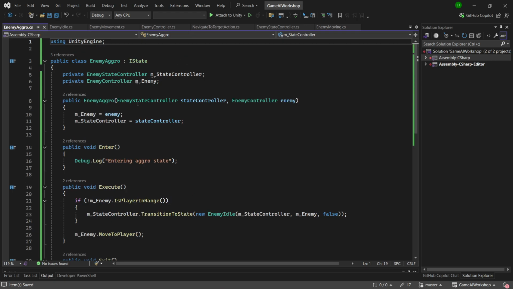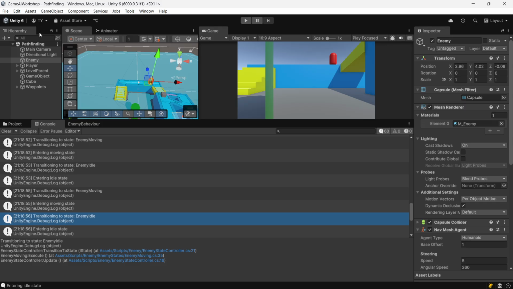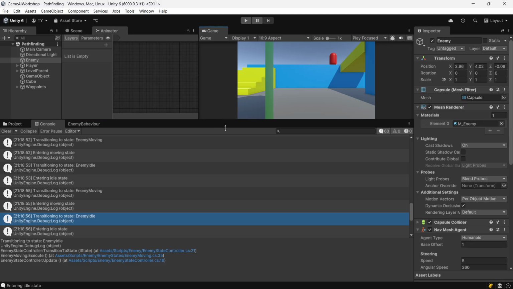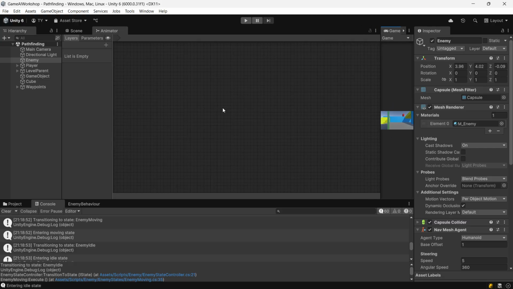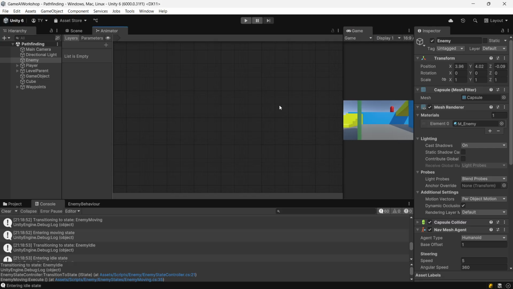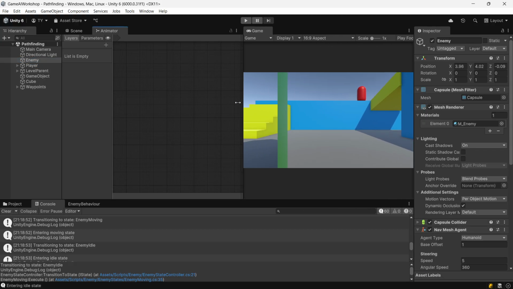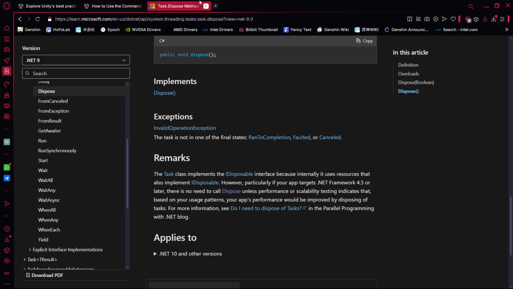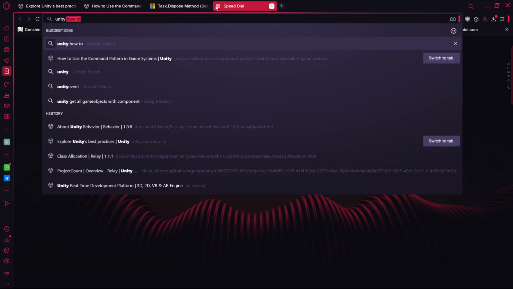Is this the easiest way to do things? As you can see, this is not the easiest way to do a finite state machine, but this is the correct way to do it. In fact, if you look into the animator, okay, if you look into the animator, this is how they do it, actually. Okay, I actually don't have any kind of animation. But if you look at Unity's animator,